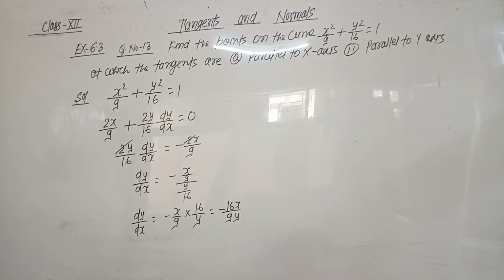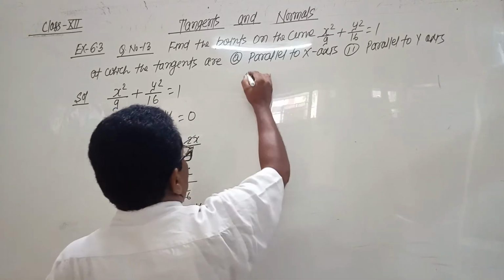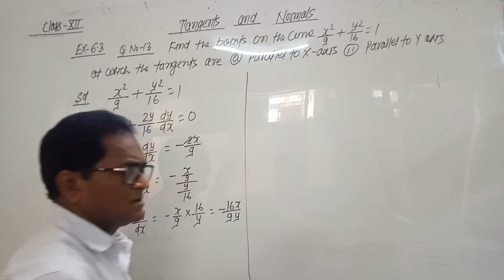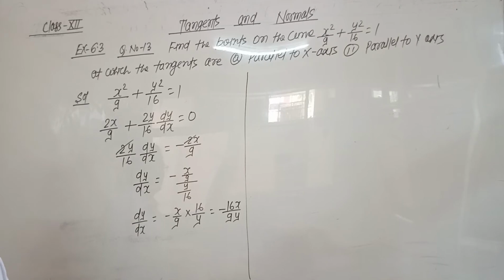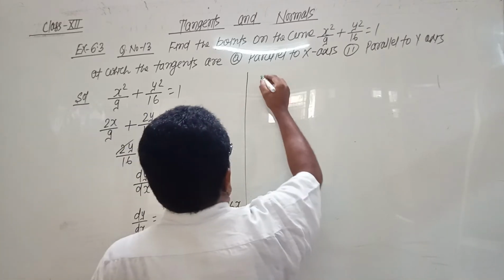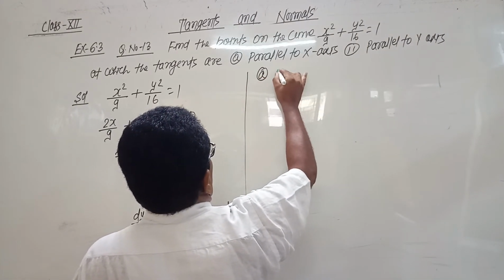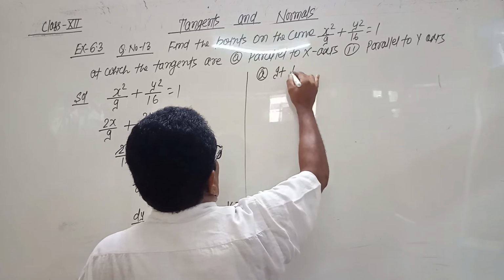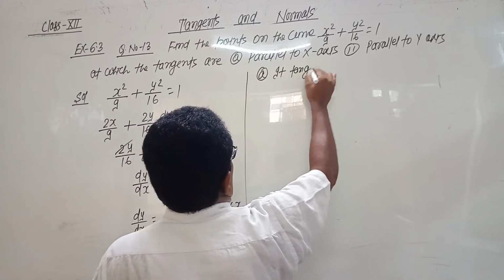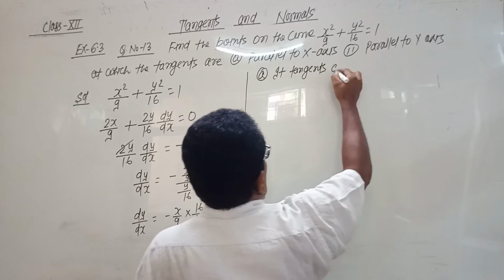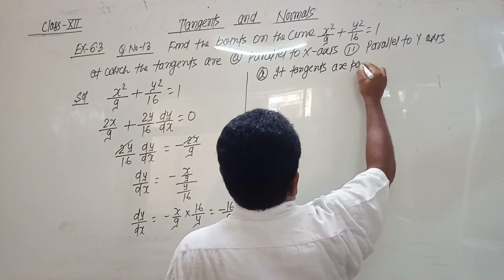And the first part is given that the tangents are parallel to x-axis. So when the tangents are parallel to x-axis, we know the formula. If the tangents are parallel to x-axis, it means the slope is 0. First part, if tangents are parallel to x-axis,